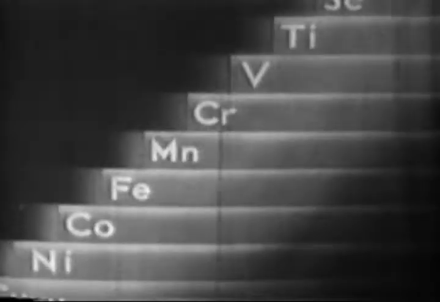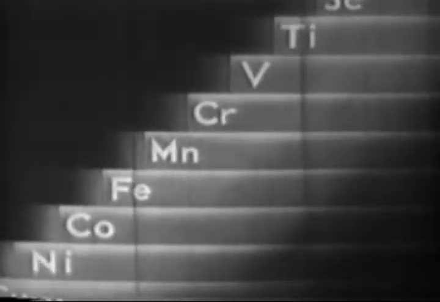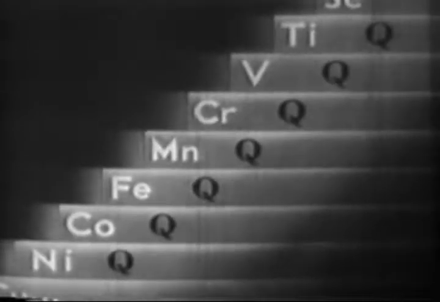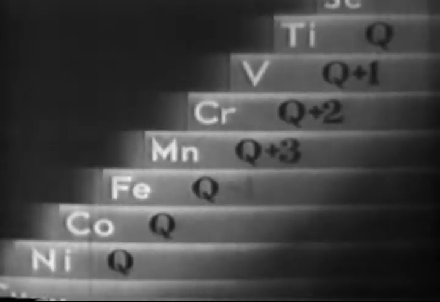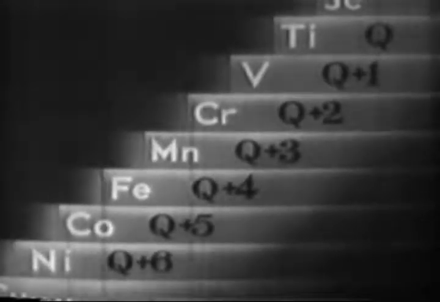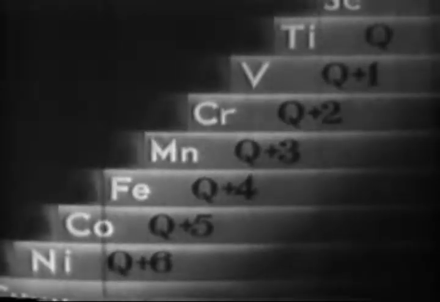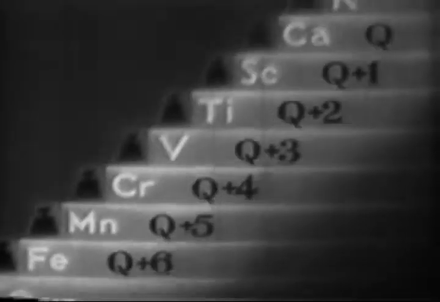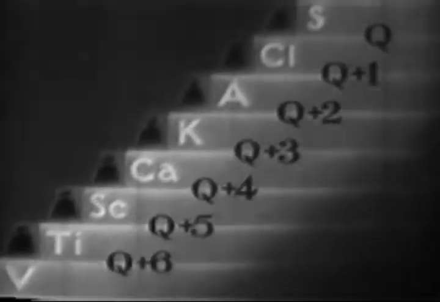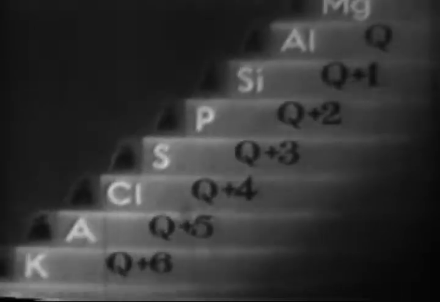Moseley found that each element used as a target gave off radiation, which included an X-ray of a characteristic wavelength. The X-ray spectra showed that this characteristic wavelength increased smoothly throughout the periodic system according to a simple law. The wavelength could be specified by a number, Q, which increased by 1 each time he passed from one element to the next. The elements had already been arranged in a table according to their increasing chemical mass. Moseley related his Q numbers to these atomic numbers.